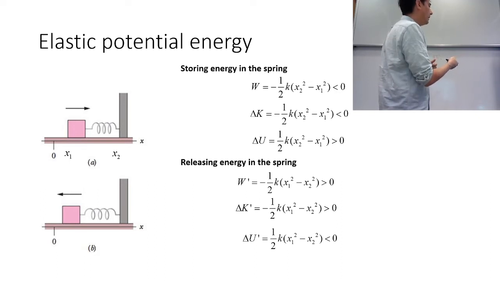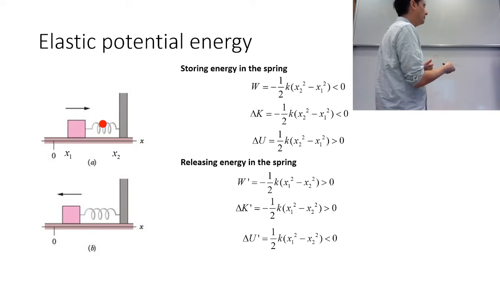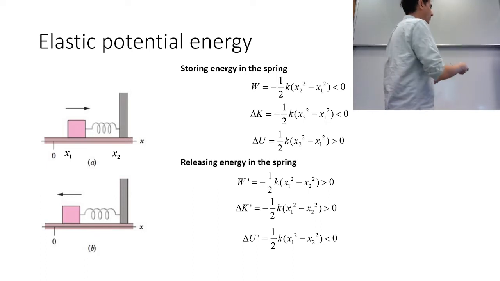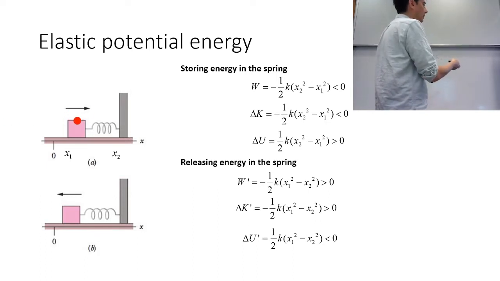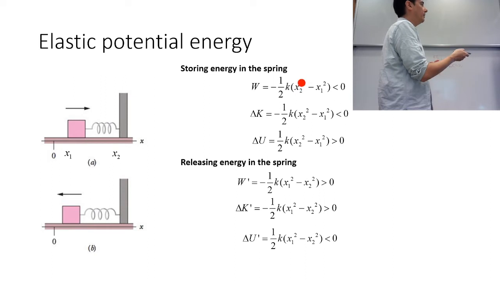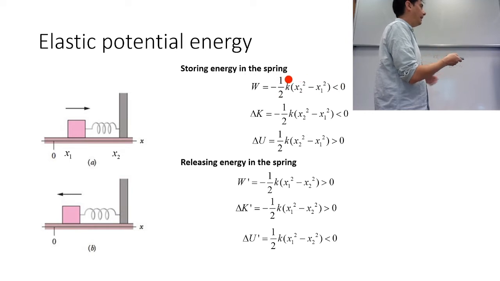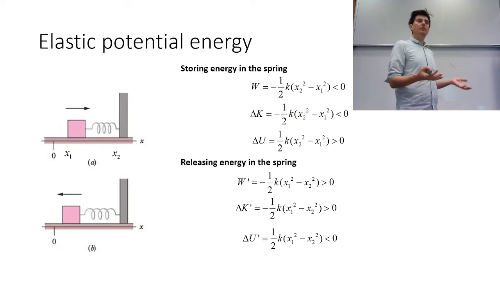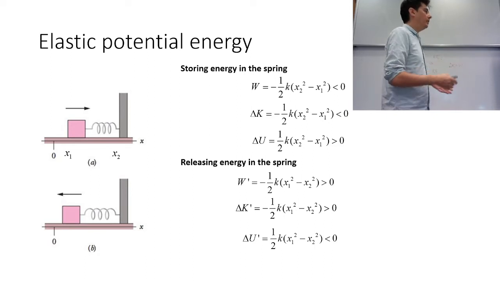The force by the spring is always going to try to oppose this compression. You're compressing it, so it's trying to push outwards. So the force is to the left, the displacement is to the right. Because they're in opposite directions, we know the work is going to be negative. You could do a more exact calculation according to the formula from the previous chapter, but the main thing here is it's negative. The work kinetic energy theorem says the change in kinetic energy is going to be negative because